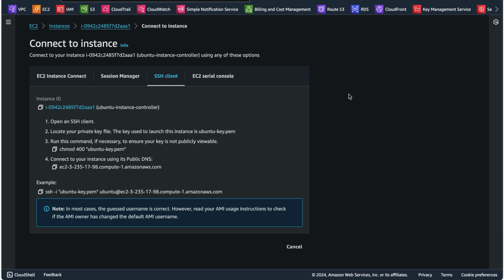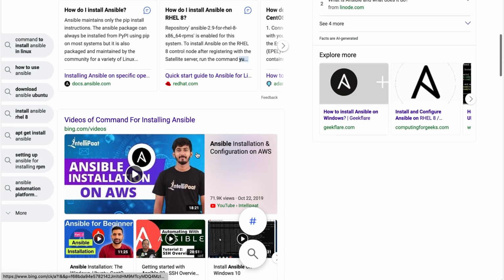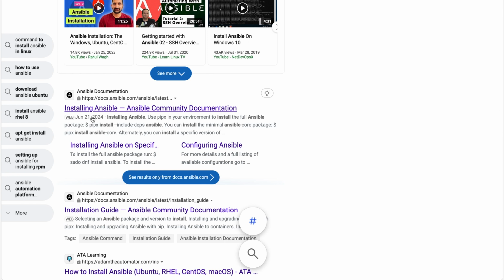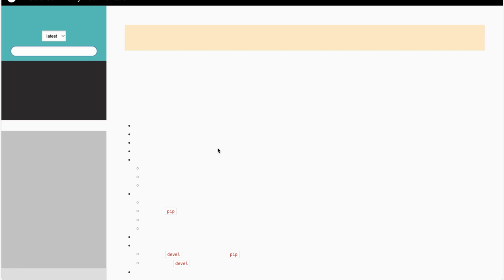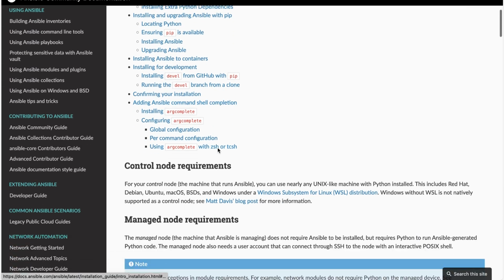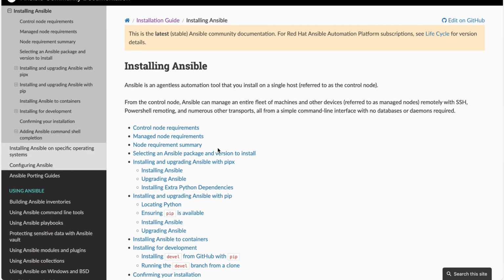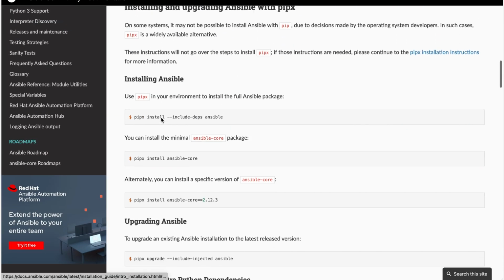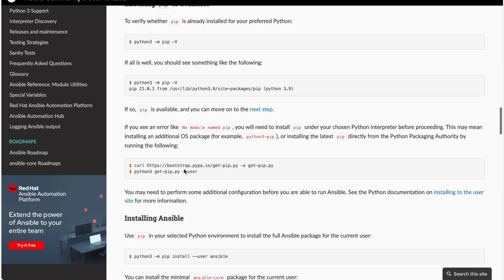If you want to know more about Ansible, of course, you can go to Google and type commands on how to install Ansible or how to get Ansible. There is this particular one here, the installation of Ansible community documentation. It's basically going to give you everything that you need about Ansible. So if you come into this documentation, you can have all the required information. All right,